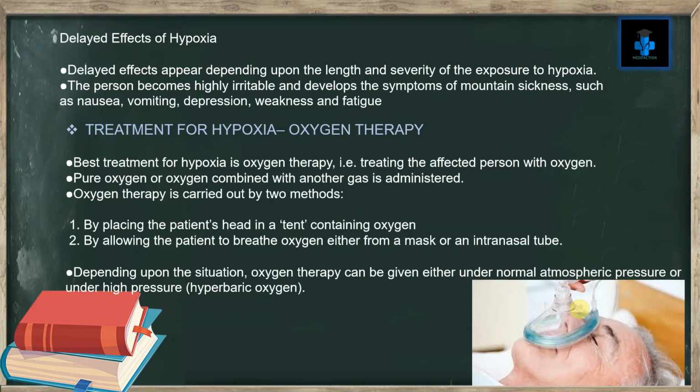Oxygen therapy is carried out by two methods. Number one, by placing the patient's head in a tent containing oxygen. Number two, by allowing the patient to breathe oxygen either from a mask or an intranasal tube. Depending upon the situation, oxygen therapy can be given either under normal atmospheric pressure or under high pressure, that is,